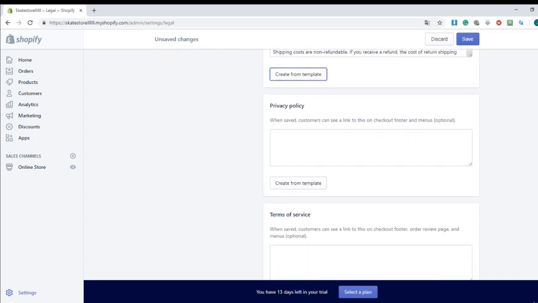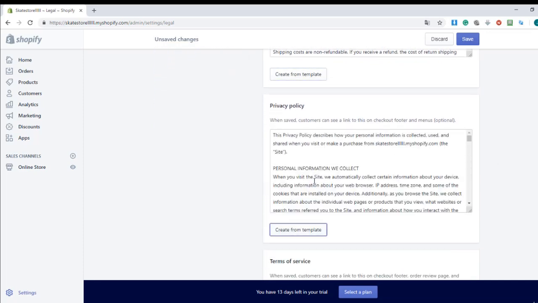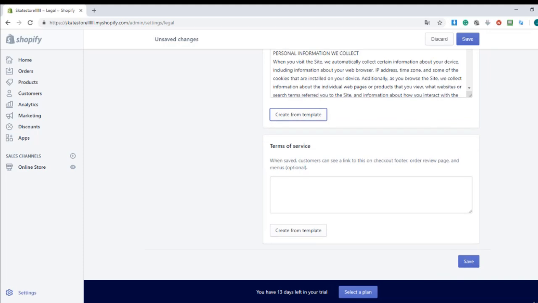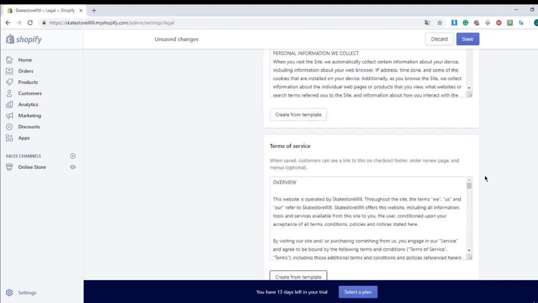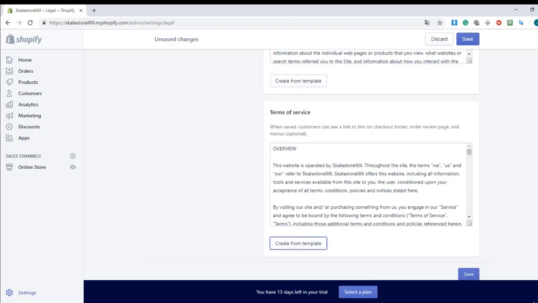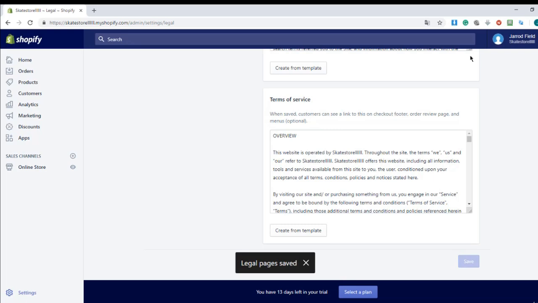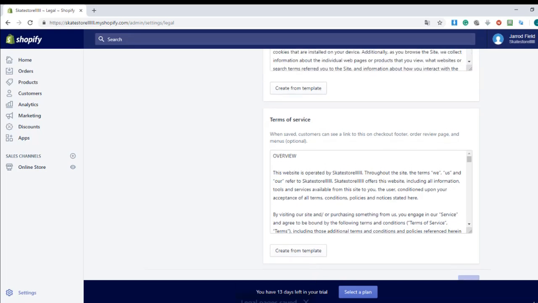Okay, now we're gonna generate our privacy policy with one click. Okay, that's great. And we got our terms of service that we're gonna generate. And I'm gonna choose generate from template. Okay, that's great. You can always edit it if you want. And I'm gonna click on save. And then I'm done. So we have created in a few clicks our terms of services, our privacy policy, and